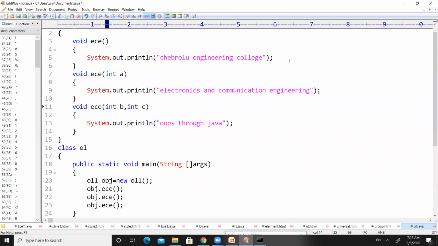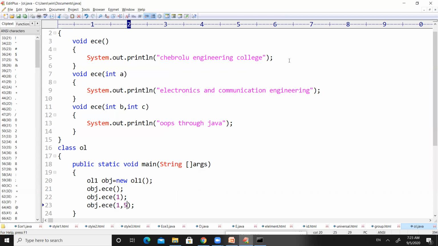That means there is a difference in the number of parameters. For the first ECE, don't pass any parameter because it has 0. To execute the second ECE method, we have to pass one parameter. For executing the third ECE method, we have to pass two integer parameters.